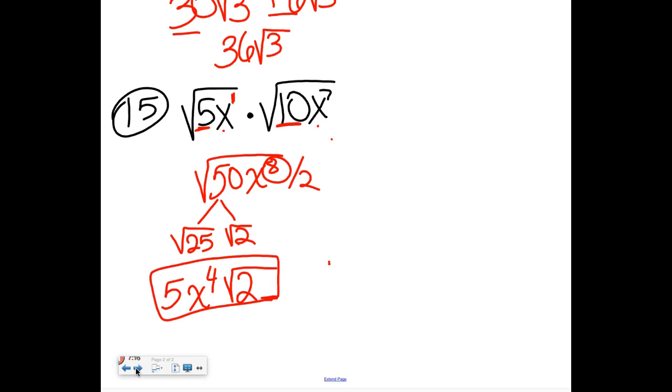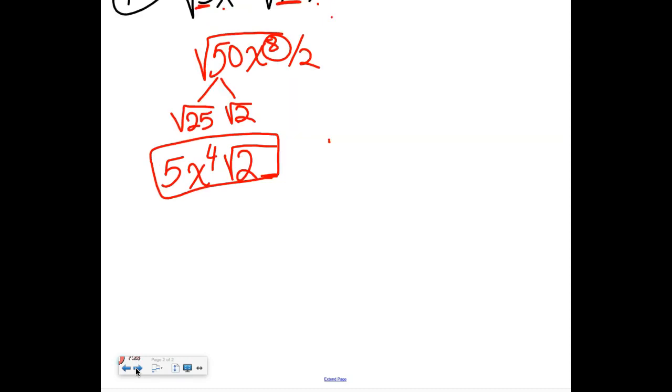Okay. One more problem I'm going to do in this section. I'm going to be honest with you guys. A lot of you struggled with this on your quiz, your Chapter 10 quiz. So if everybody looks at number 16,